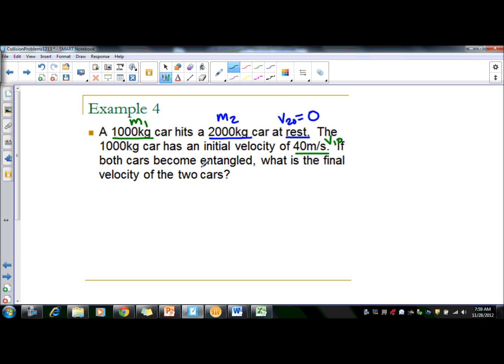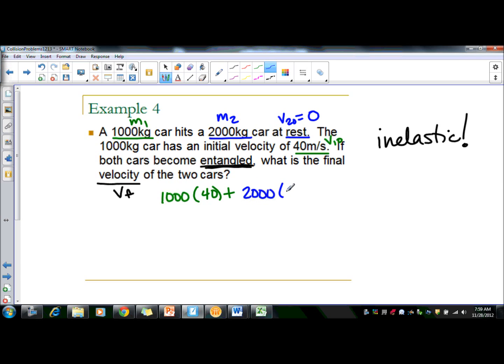If both cars become entangled, so there's our key word for inelastic, what is the final velocity, so VF, of the two cars? So once again, M1, which is 1,000, times V1 naught, which is 40, plus M2, which is 2,000, times V2 naught, which is 0, equals M1 plus M2